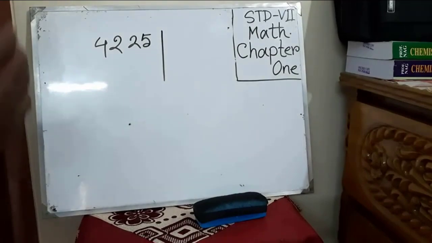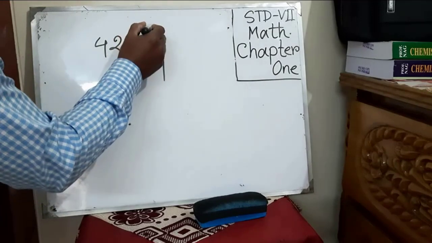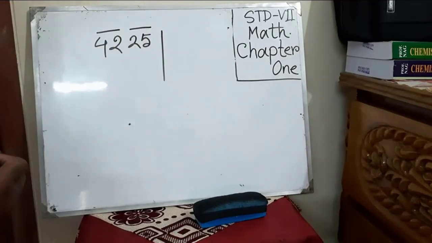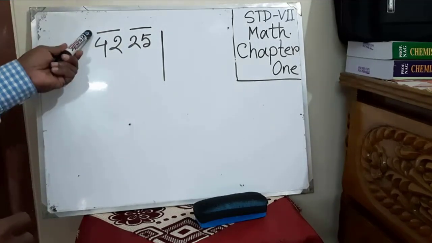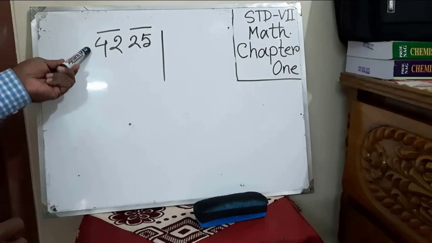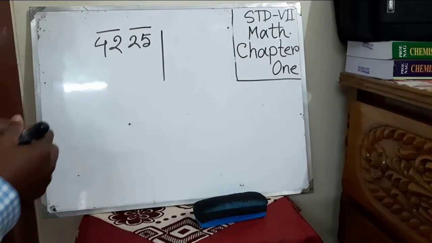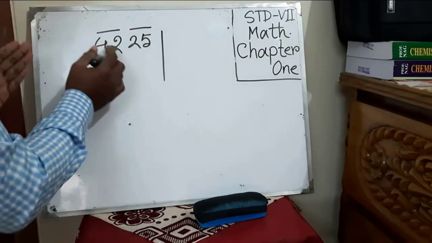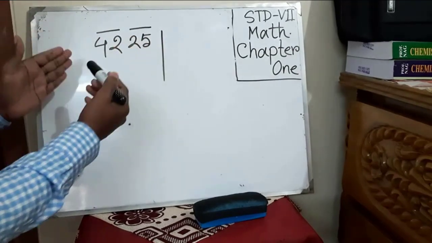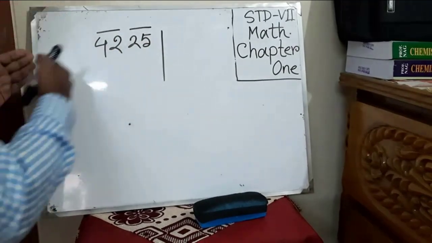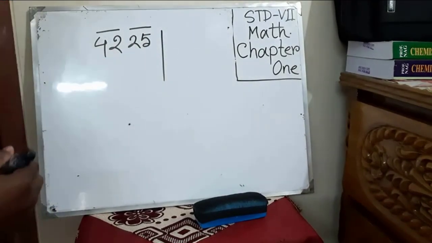okay, what will we do first? We'll make pairs from where? The right side. How many digits are there? 4. So we'll get 2 complete pairs, 25 and 42. Look, 2 pairs. If there are 5 digits, then another 1 digit will be there. So first, which pair will you consider? Of course, the left one, not the right. Generally we do division from left to right. So consider 42 as the dividend.